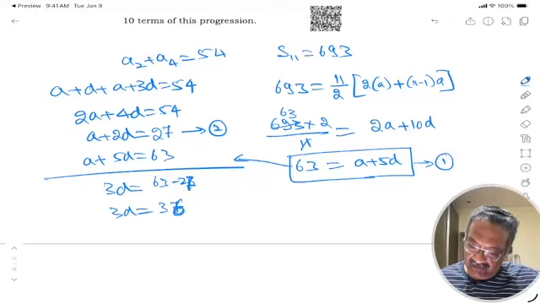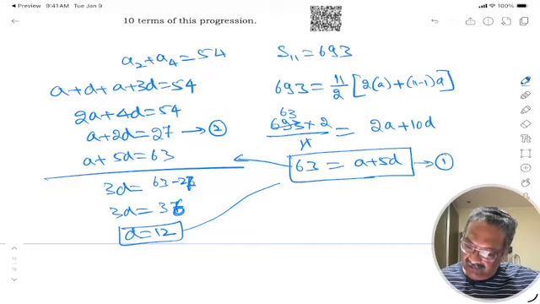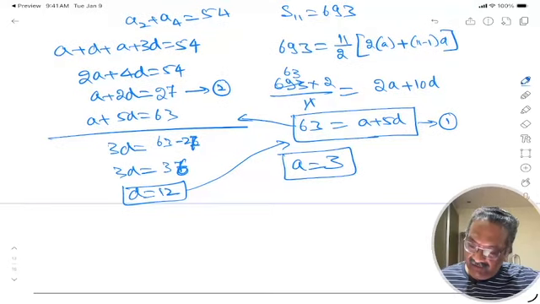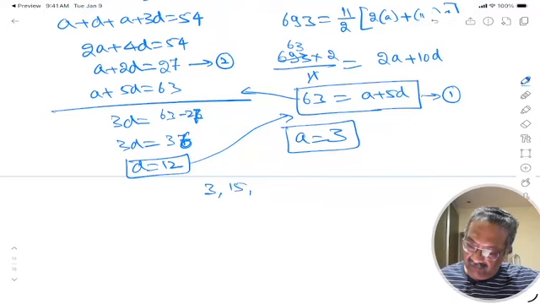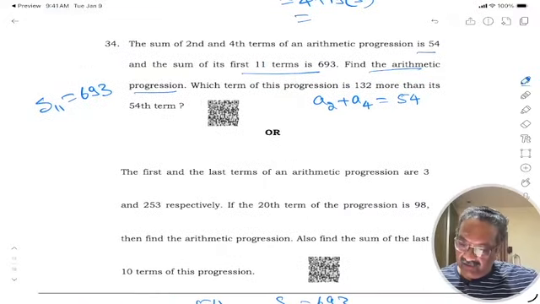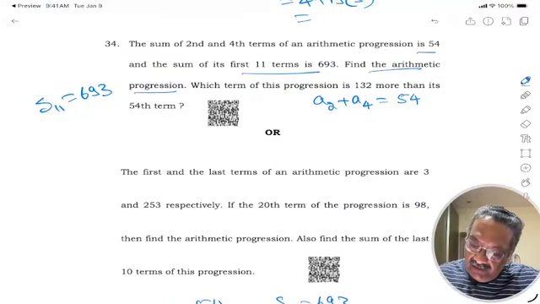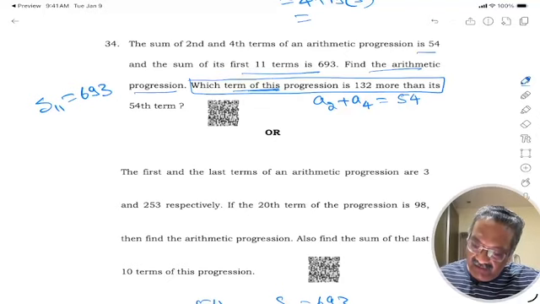So 36, so D is equal to 12. If we use D as 12 here, we get A is equal to 12 5s are 63. So the AP is 3, 12 plus 3 is 15, plus 12 is 27 and so on. We got the AP. Now which term of this progression, which term means AN, is 132 more than its 54th